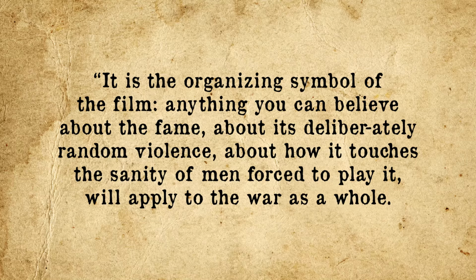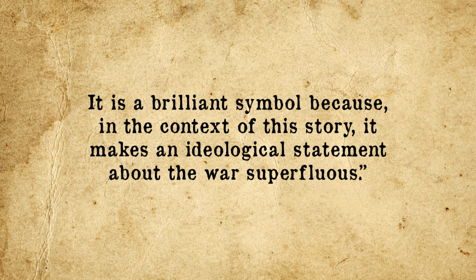In his review of the film, however, Roger Ebert defended the use of Russian roulette as an artistic choice. "It is the organizing symbol of the film. Anything you can believe about the game, about its deliberately random violence, about how it touches the sanity of men forced to play it, will apply to the war as a whole. It is a brilliant symbol because, in the context of this story, it makes an ideological statement about the war superfluous." Tragically, in addition to re-implanting Russian roulette in the popular psyche, the release of The Deer Hunter led to